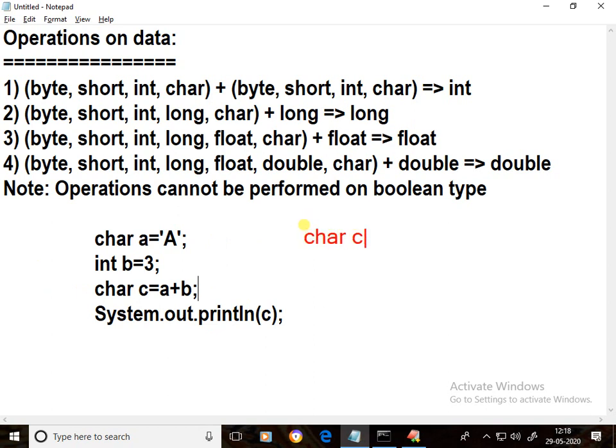Char C equal to A plus B. A is a character type. B is an int type.